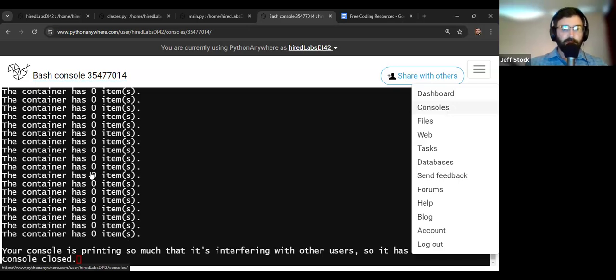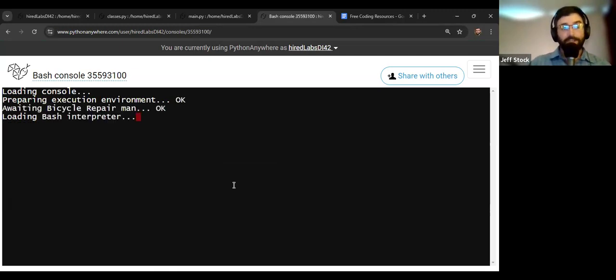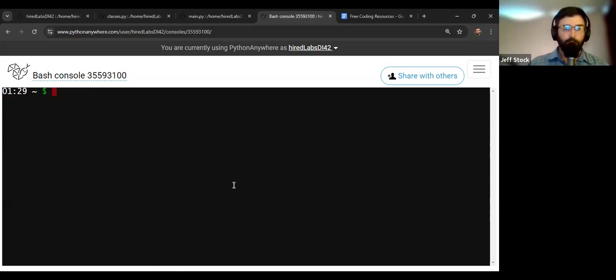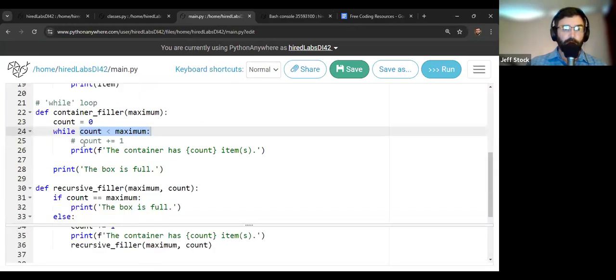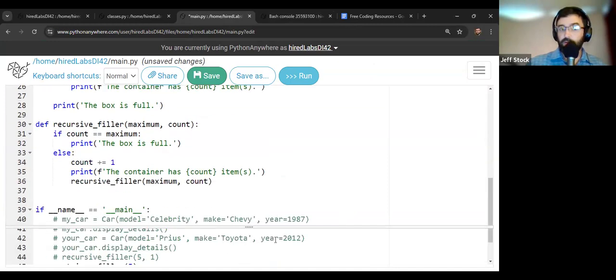And I have no console, so I'm going to start a new bash console. But what happened there was it said that I was basically using up all the resources, and so other users like yourself don't have any because you're being a jerk. So stop doing that. And it broke everything for me, right? That was when we took out the while loop stop condition, so this condition was never met. The while loop just kept running and it said that we were using up resources, and PythonAnywhere stopped us before we crashed their resources, right?